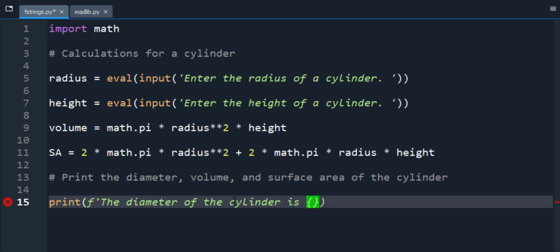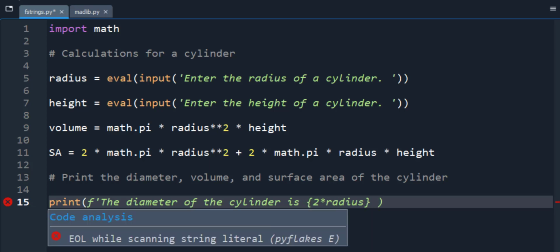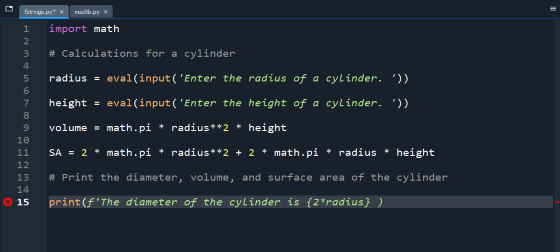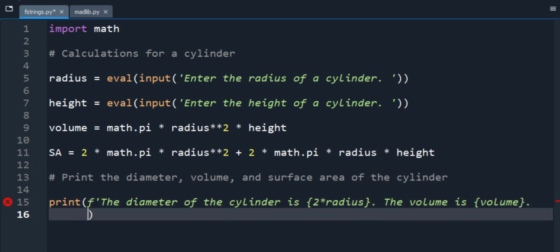And so I'm going to say that the diameter of the cylinder is 2 times the radius. So inside these squiggly brackets, we can put any valid Python expression, and the formatted string will evaluate it for us. And then I'm going to say the volume is volume. I'm going to go to a new line here. I'm going to say the surface area